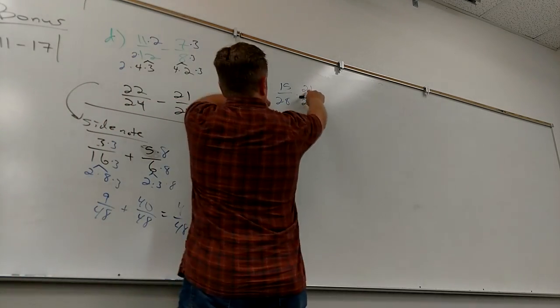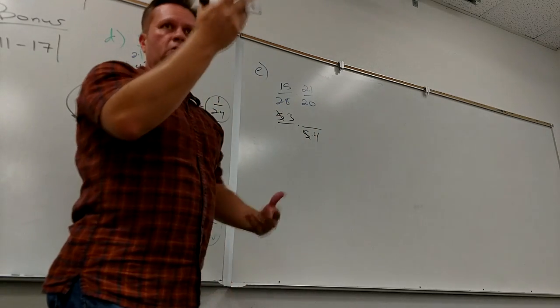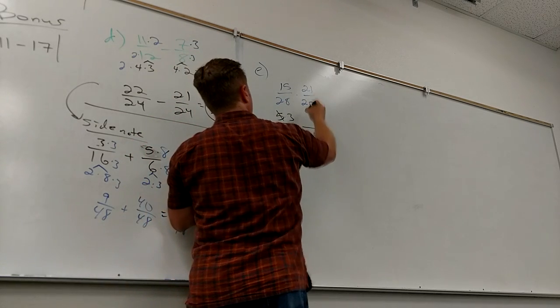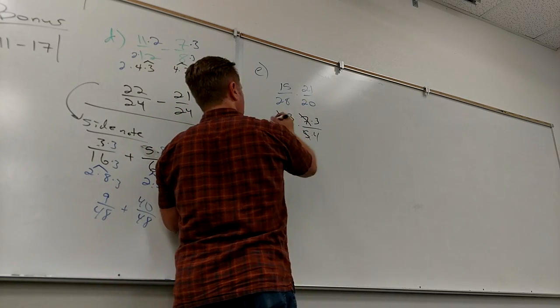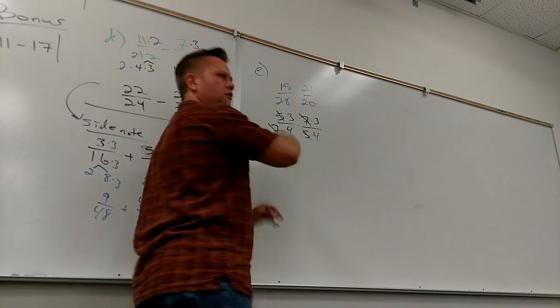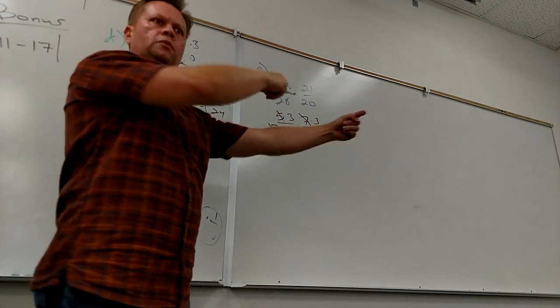So what about 28 and 21? Now look, real quick, how far apart are 28 and 21? 7. So I'm going to try 7s. 7 times what is 28? 4. 3. 7's cancel. Do I cancel these? Oh, hell no. One's not on top and the other one's on the bottom, right? Those are just multiplying. So I get